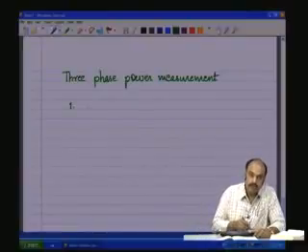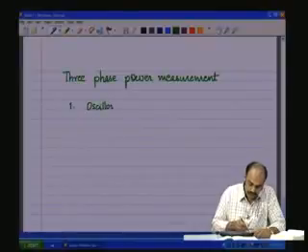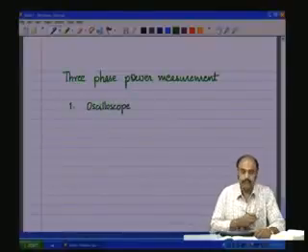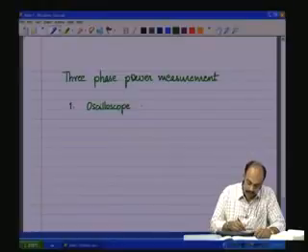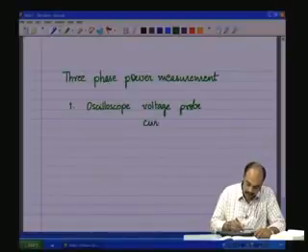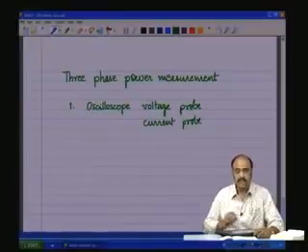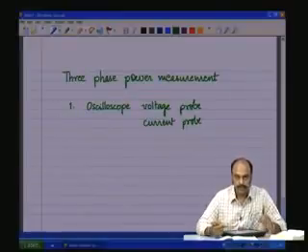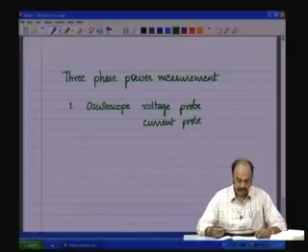One is to use an oscilloscope with voltage probe and current probe, which would be the best method, because you would get the actual wave shapes of the voltage and the current waveforms,